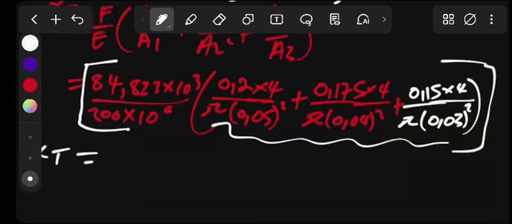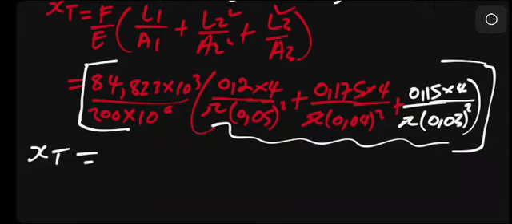Okay, if we punch that only, I'll have 0.2 times 4 into pi into 0.05 squared plus 0.175 times 4 into pi into 0.04 squared plus 0.15 times 4 into pi into 0.03 raised to the power of 2, like this. This is what we have, x equal,